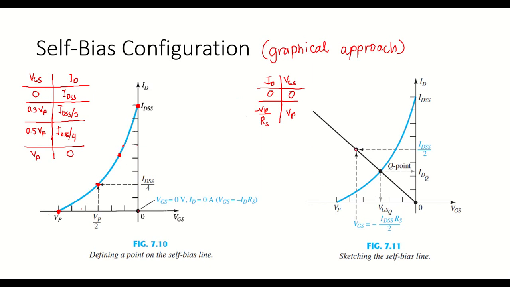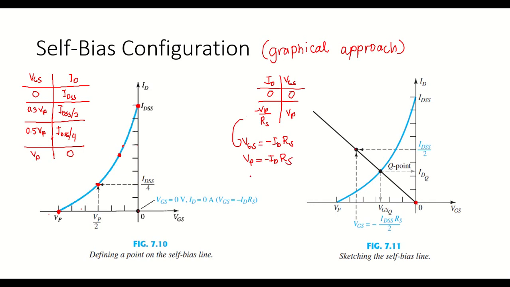Then we are to sketch also the self-bias line. We will be able to sketch this self-biasing line by 2 points. First is the origin 0, 0, and the next one is when our ID is equal to negative VP over RS. This is from the equation VGS is equal to negative ID RS, where VGS is equal to VP,